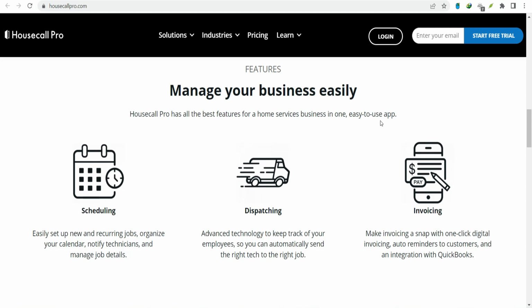To wrap it up, Housecall Pro does have an API, but it's limited to their Max plan. This is a step in the right direction, but there's room for improvement. As always, weigh your options, consider your